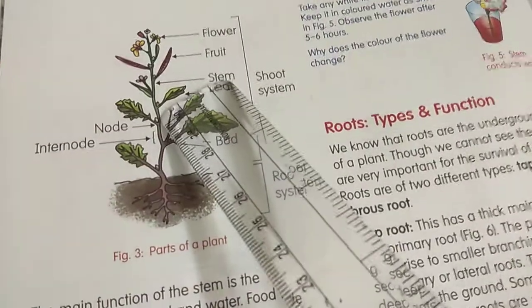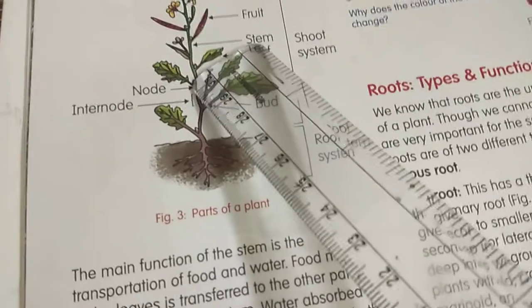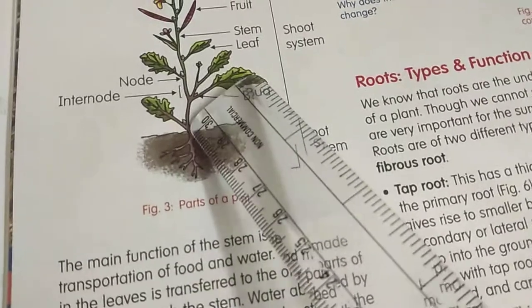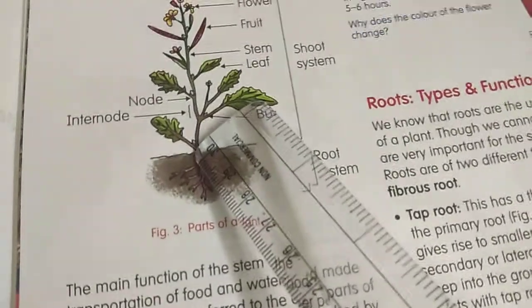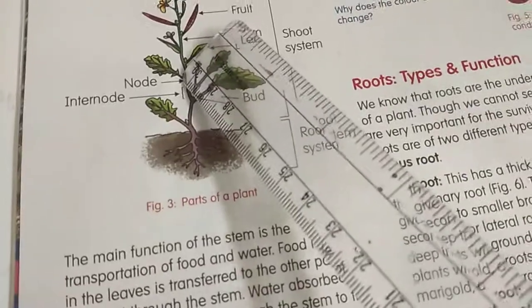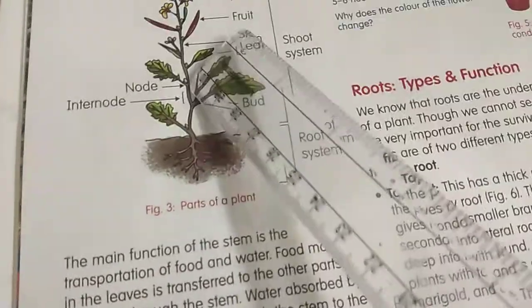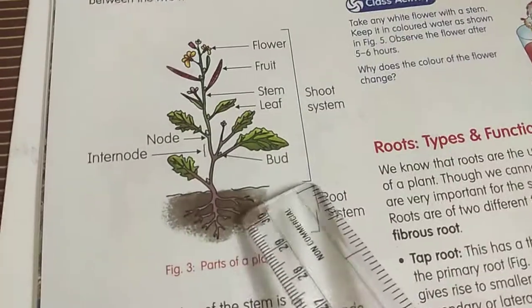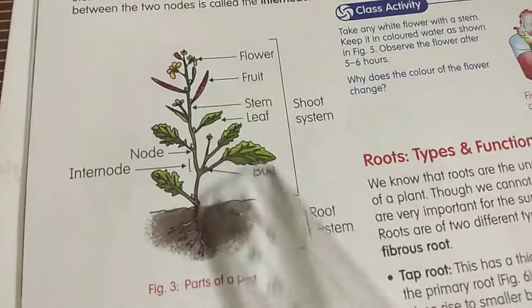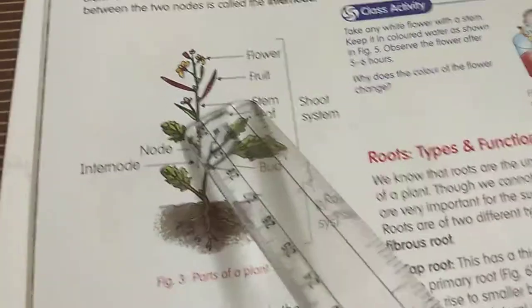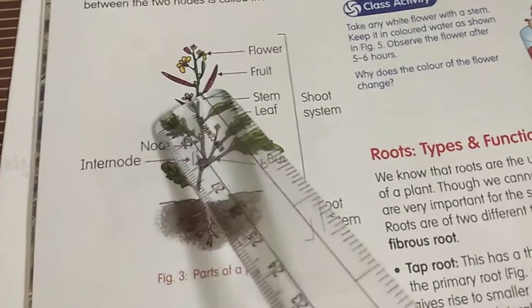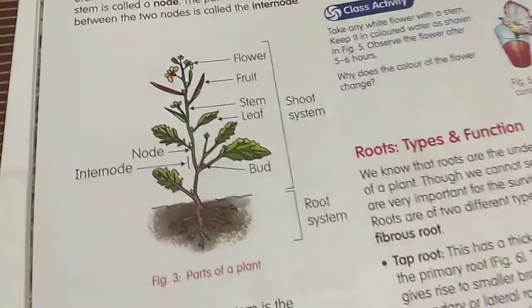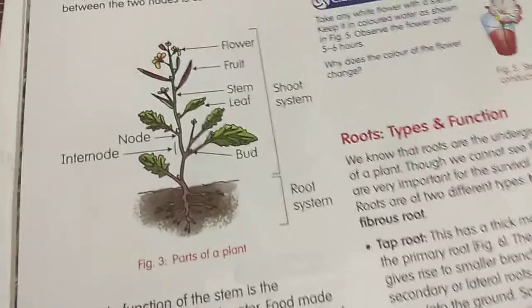What is an internode? See here also one more example. This leaf is attached in this place, so this is called a node. This leaf is attached in this place, so this is called a node. Now the place between one node and the other node is called an internode. In a plant, you will see buds first, then buds will become flowers, flowers will become vegetables, vegetables will become fruit, and leaves are basic, which will prepare food and give it to the plants.